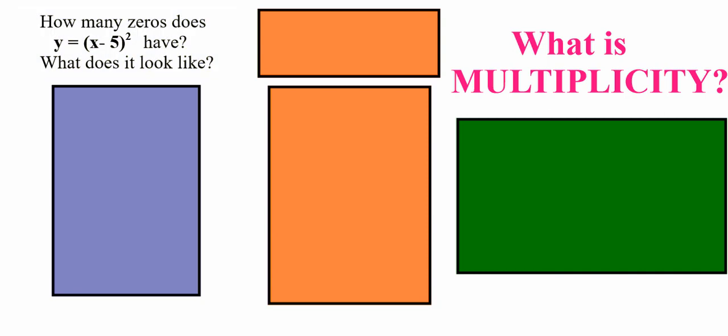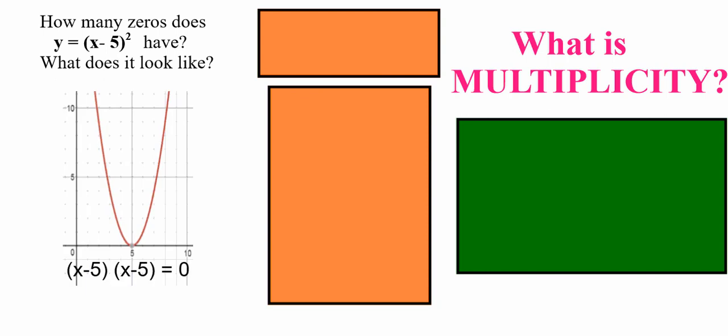How many zeros does y equals (x minus 5) squared have, and what does it look like? Well, if we think about the graph, we know that this is just the parent quadratic function, and the vertex is shifted to the right. We know exactly it's going to have 1 zero, right? It's going to have 1 zero, but yet